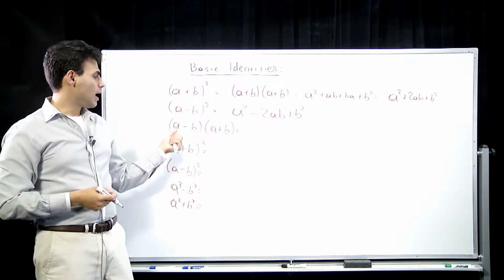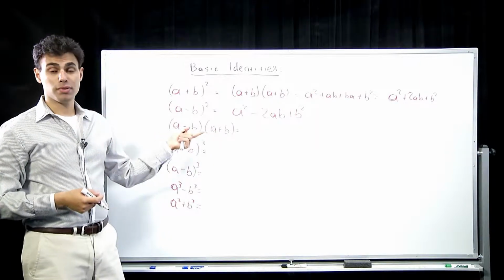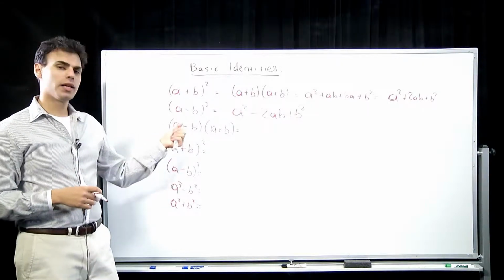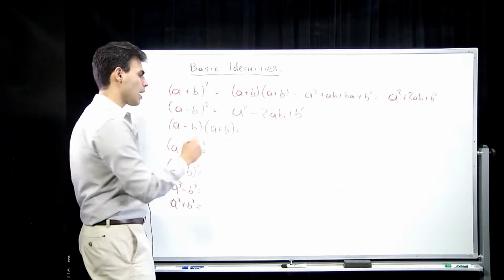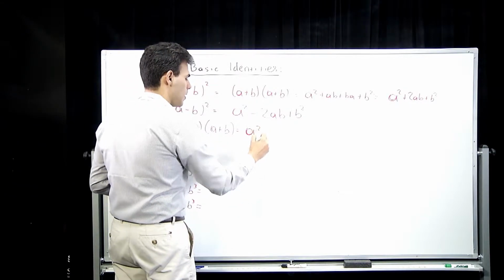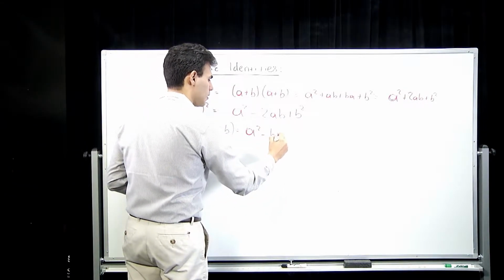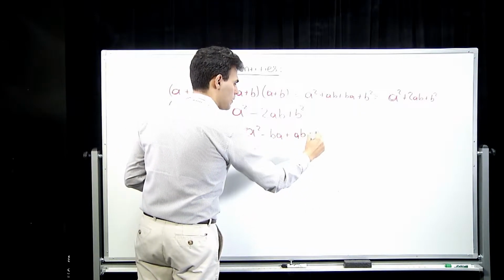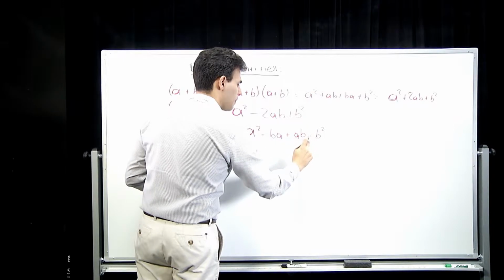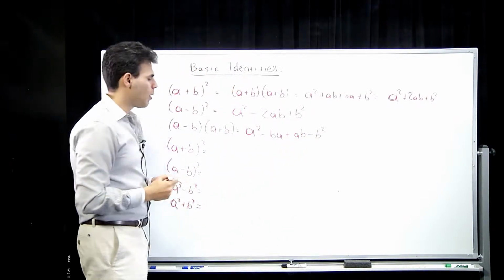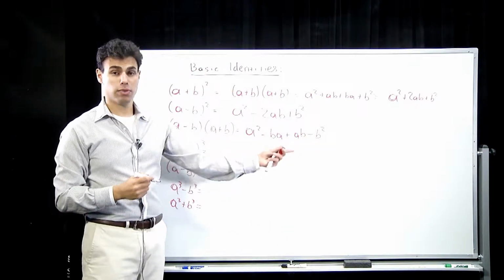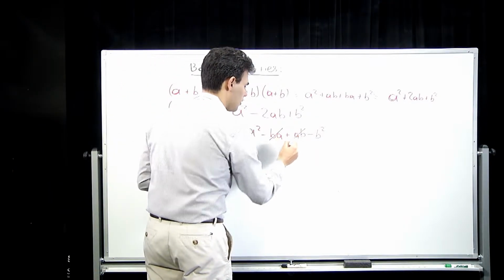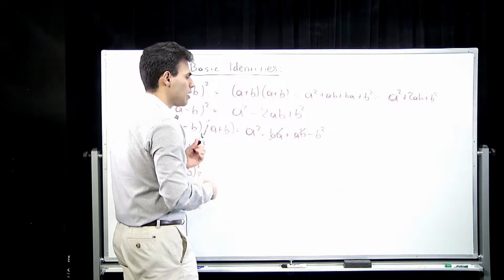Now, this is another one, a minus b times a plus b. This shows up a lot when you multiply with the conjugate, as it is called. So let's go ahead and actually do the computation here, see what happens. Here you get a squared minus ba plus ab minus b squared. And now what happens is the minus ba and the plus ab cancel out. And what you're left with is a squared